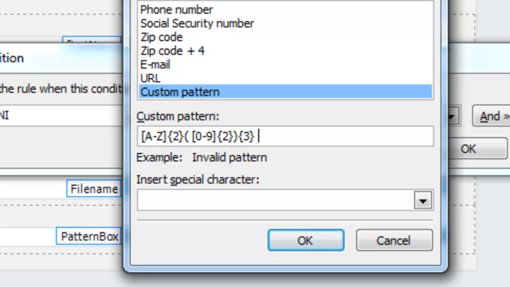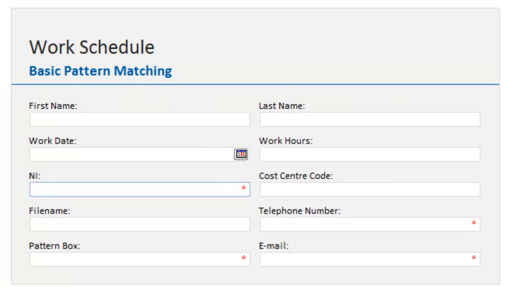And finally, at the end, a letter followed by an uppercase character, and that is a typical national insurance number: 2 letters, 2 numbers, 2 numbers, 2 numbers, and then a letter. And here we have it accepted. Anything out of the ordinary it won't like